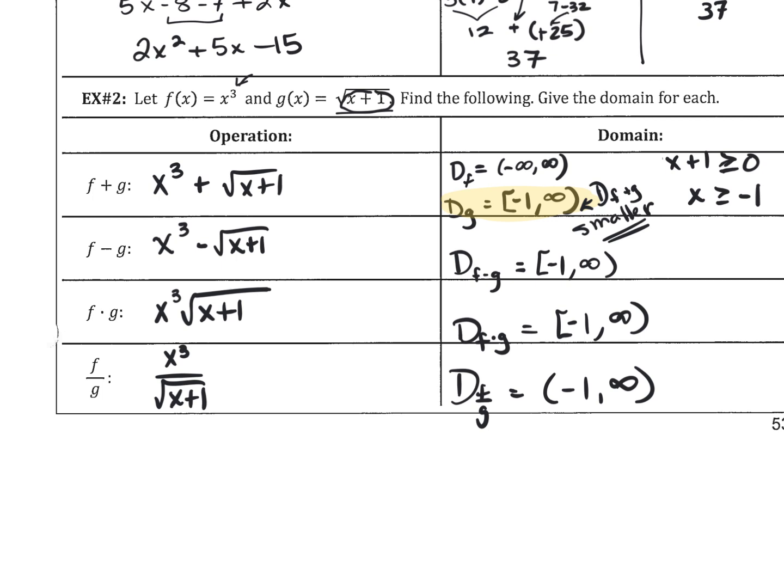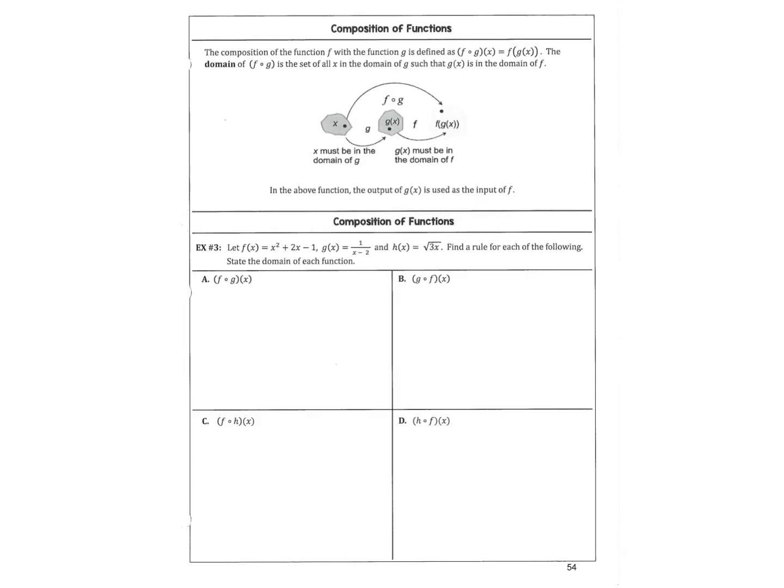Positive. What did I write right here when it had to be positive? It was under a square root symbol, so I took what was under here and I said it what? All right, so